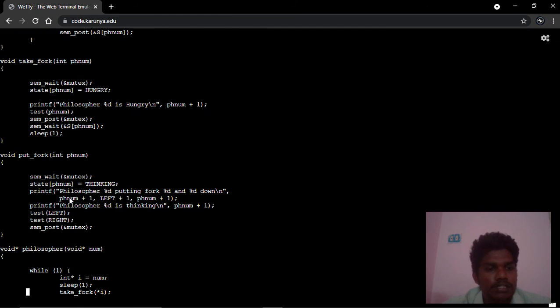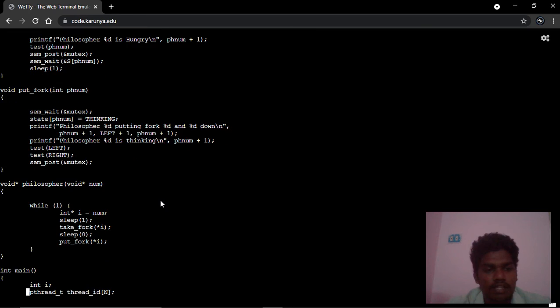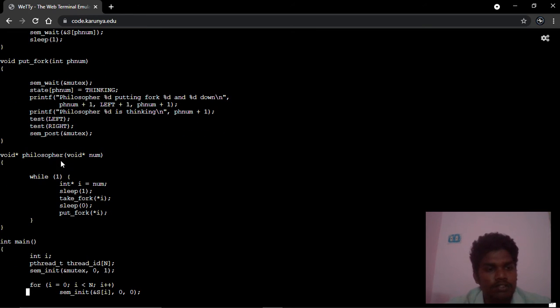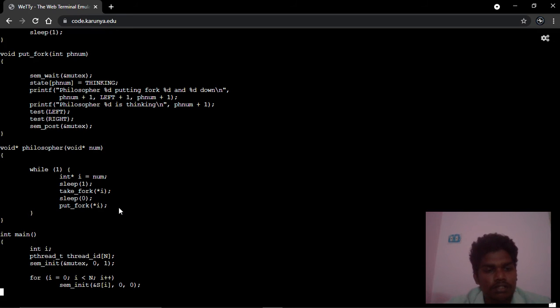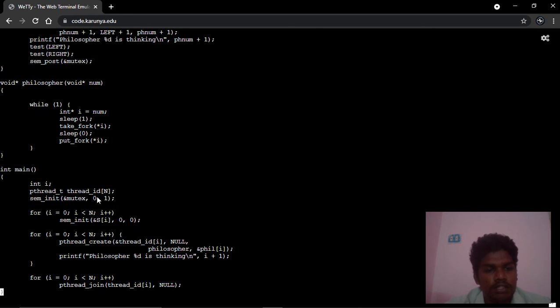Then put fork means the philosopher gives back the sticks after eating the food. Then we have the main function. Now I run this code.